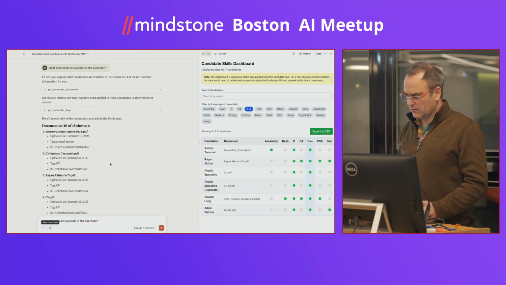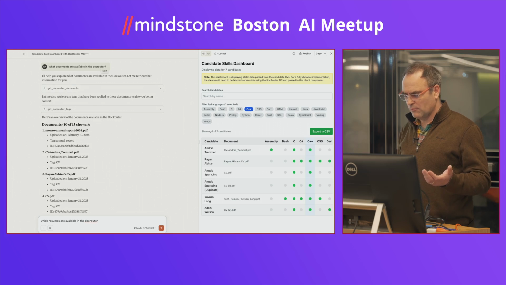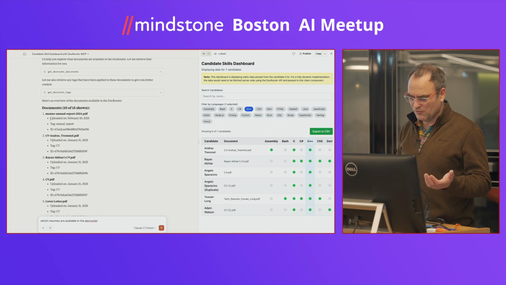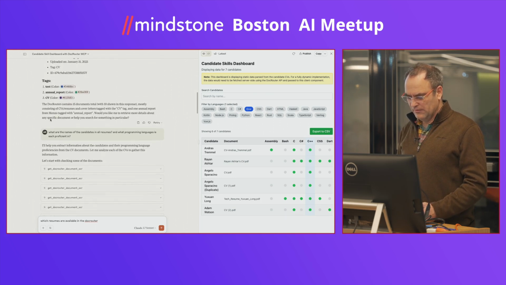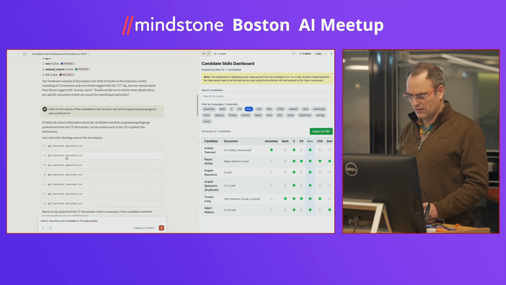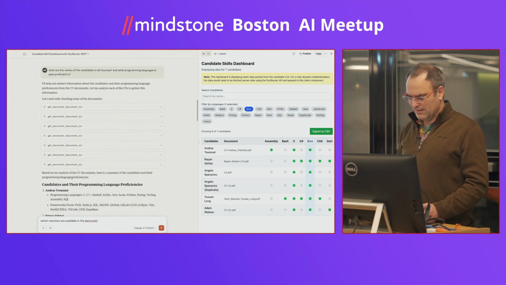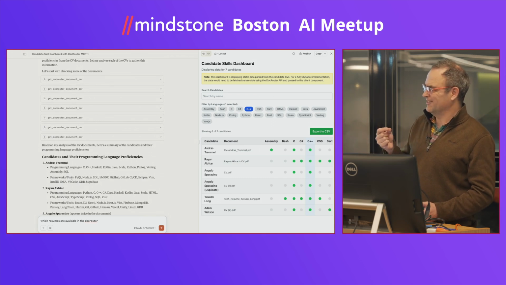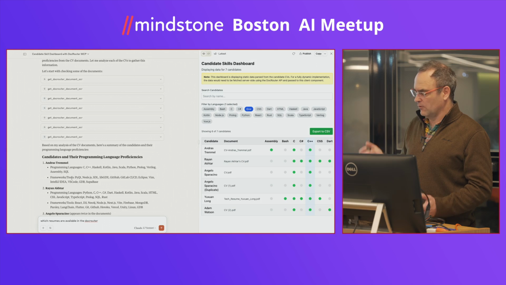So with Claude Desktop, I'm able to ask it, hey, what documents are available in the DocRouter? And it gives me all these resumes and the annual report that was there. And then I can say, OK, what are all the names of the candidates? And then it's trying a bunch of APIs. Ultimately, it decides to take the OCR output and rerun the language model prompts itself,